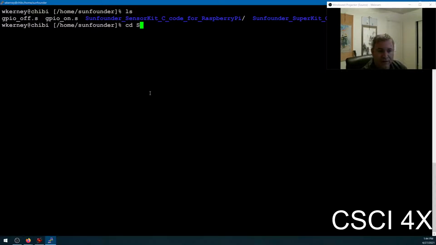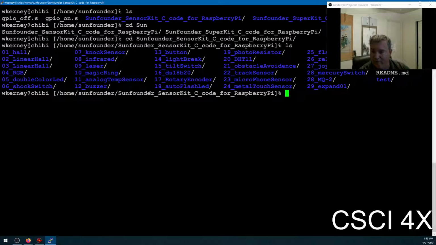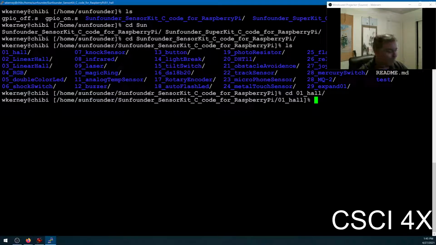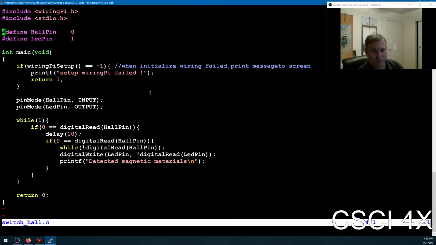So the SunFounder sensor kit comes with source code for all the different sensors, right? So if you want to see how the Hall sensor works, it's the first option there. Hall sensors are used for magnetism, as are reed sensors. So switch Hall, and so what this will do is,